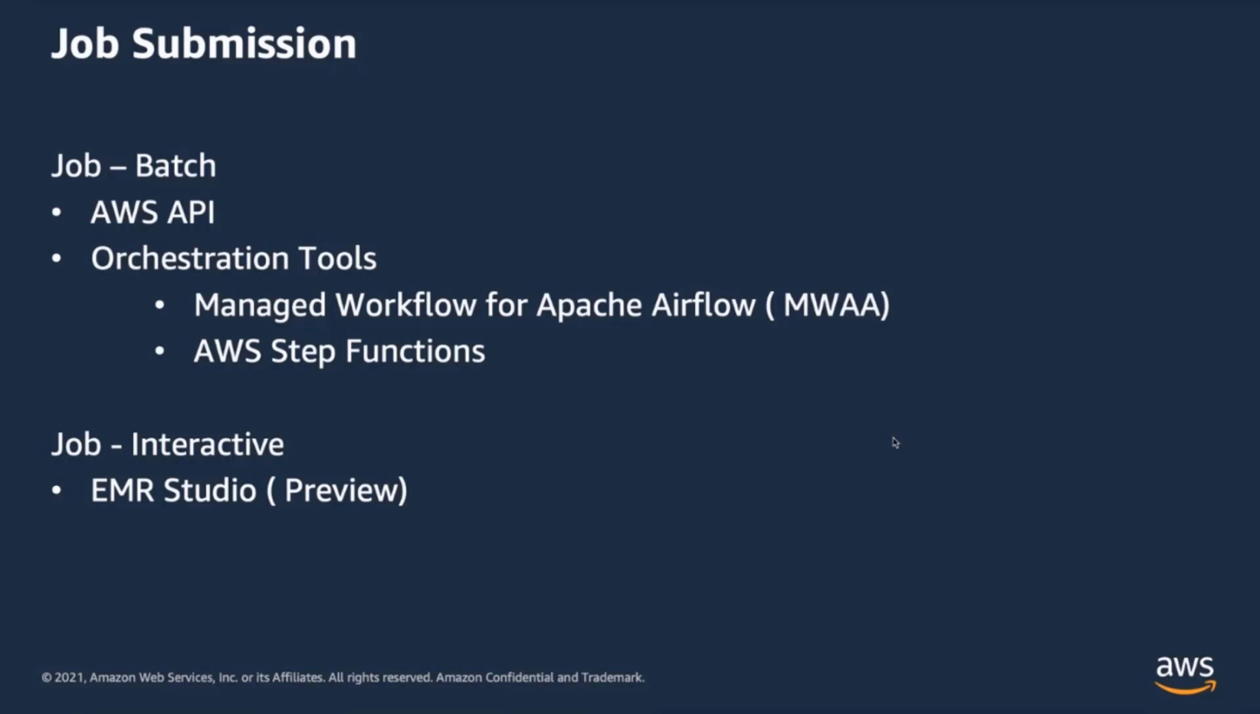You can do that through the AWS CLI or the AWS SDK in the programming language of your choice. Also, EMR on EKS provides an Airflow operator, and you can either use your self-managed Airflow or you can use MWAA, the managed workflow for Apache Airflow, which is a managed offering from AWS. EMR on EKS also has native integration to AWS Step Functions. So using these orchestration tools, you can configure your DAG with dependencies between different jobs, and you can run your